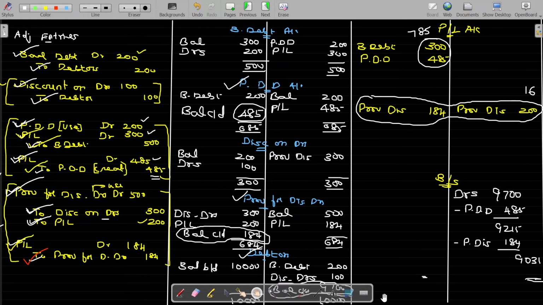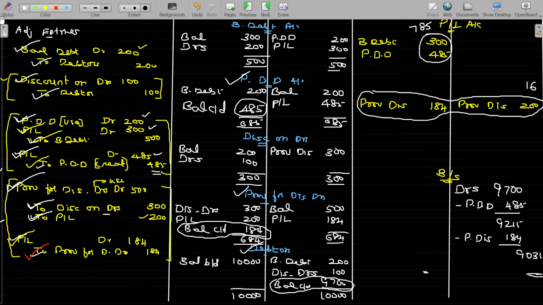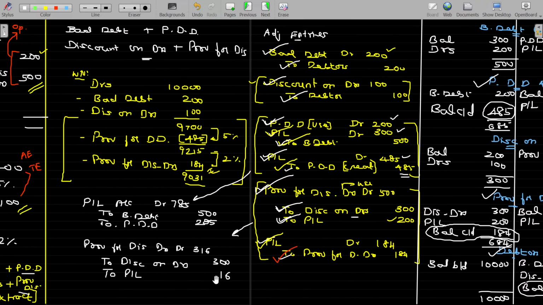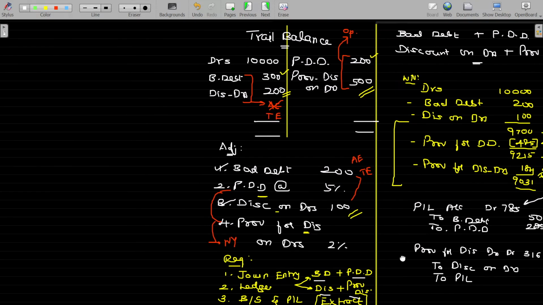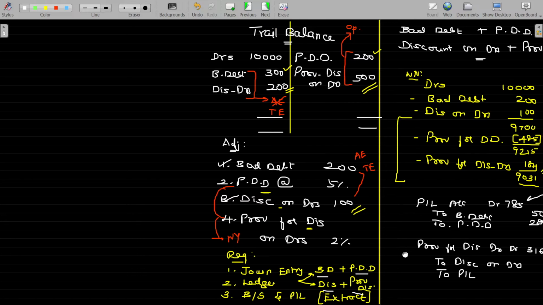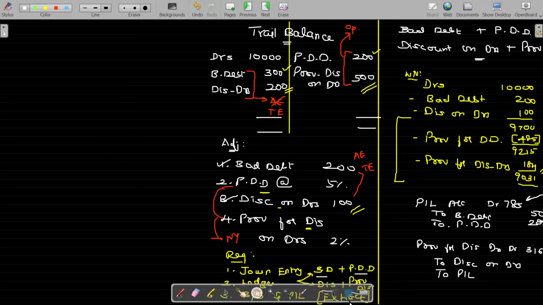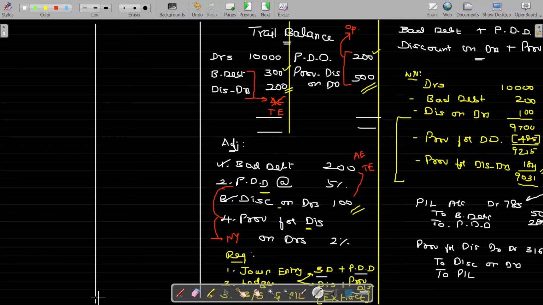Whatever the transactions may be related to the bad debt as well as provision for doubtful debts, you can pass the entries. And after passing the entry, if you prepare the P&L account and balance sheet, you will be getting the exact one. But by skipping the steps here, you can work this out straight away in the balance sheet and P&L account. How do I work that out straight away without passing these kinds of entries? Right. In balance sheet,